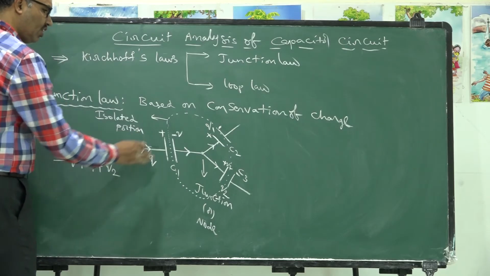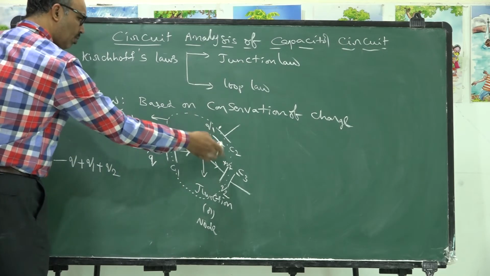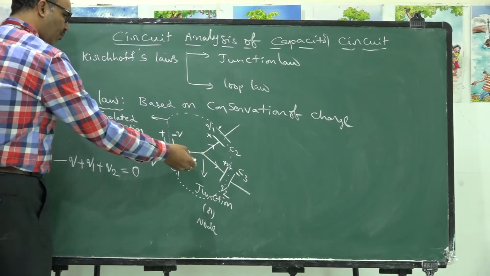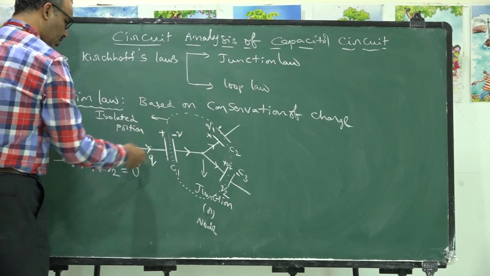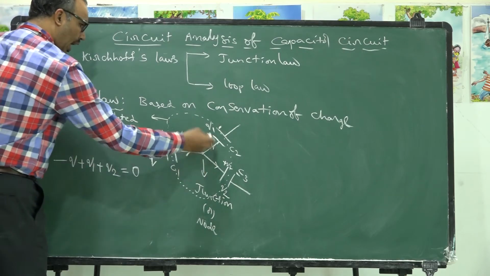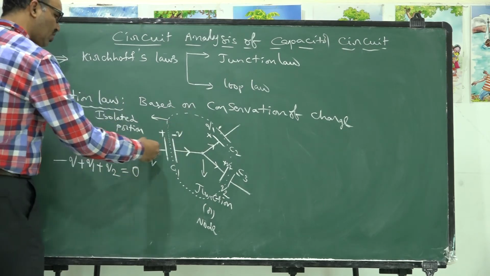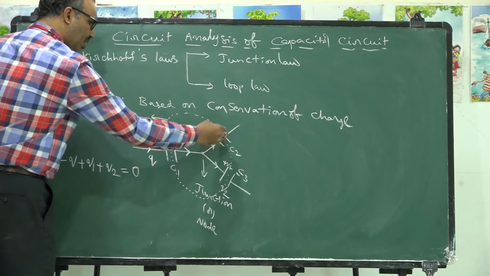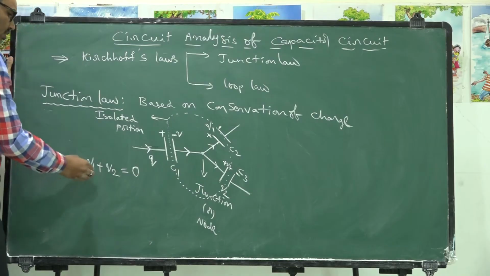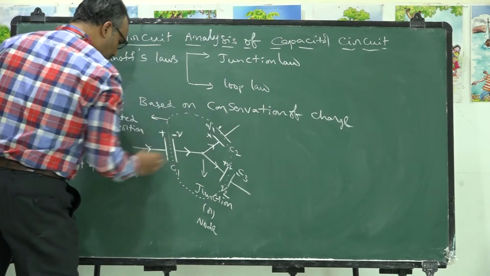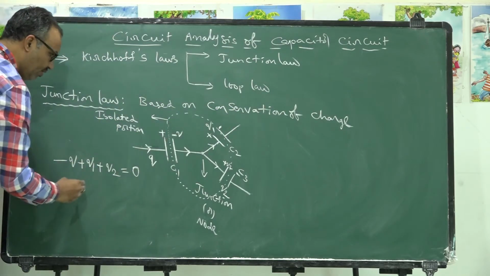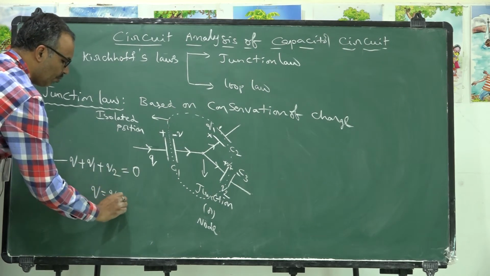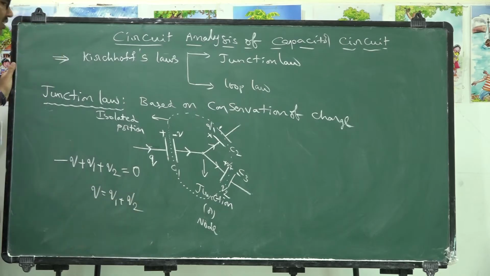Before the passage of charge, no charge is available on the three plates, so the net charge on them is 0. So before we send this charge, the total charge on the isolated part is 0. Once you send this charge, it is storing the charge here, and some part is stored here, some part is stored here. So I applied the conservation of charge principle here. From this, we can conclude minus Q can be taken to that side, Q is equal to Q1 plus Q2. The conclusion is like this.